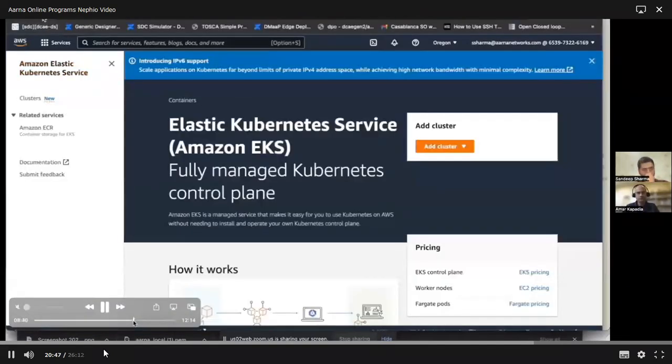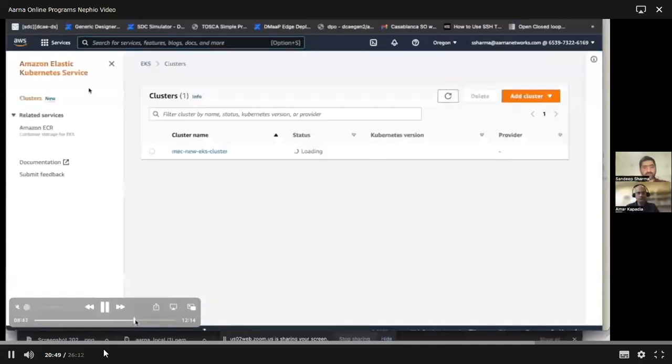Now we are logging into the AWS console, and we see that the EKS cluster has started to come up. Once this EKS cluster comes up, the infra controller that I described will start preparing this cluster, so that will keep happening in the background. In the meanwhile, we can go ahead and specify our workload intent as well.